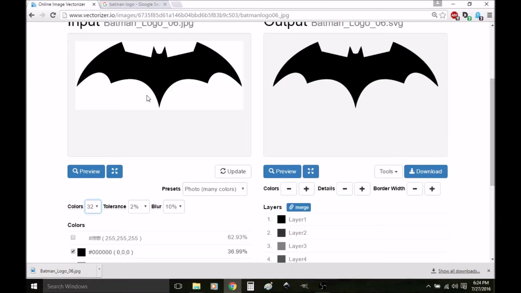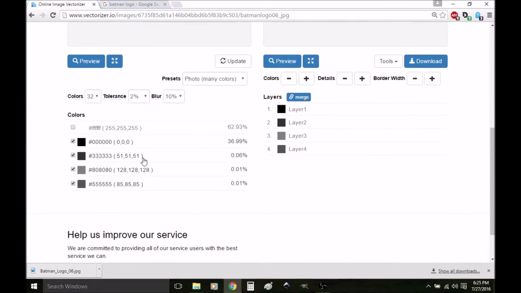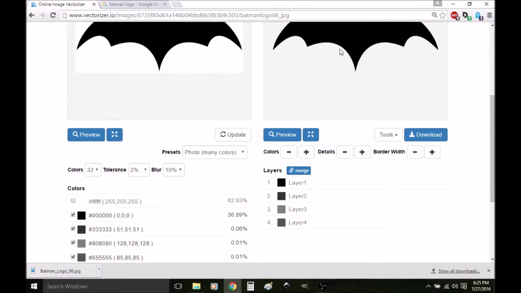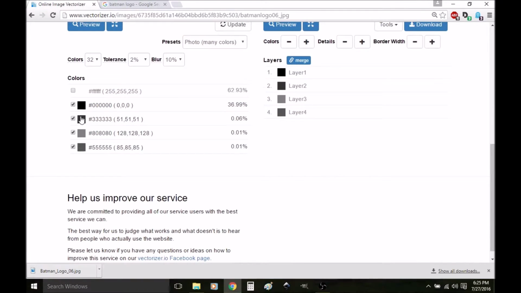But those are things you're going to have to mess around with. Same thing with these presets. You can change the presets to get whatever effect that you want. So we're on photo many colors, but I don't need all these colors. So if I'm going to save this file like it is and put it into a vector